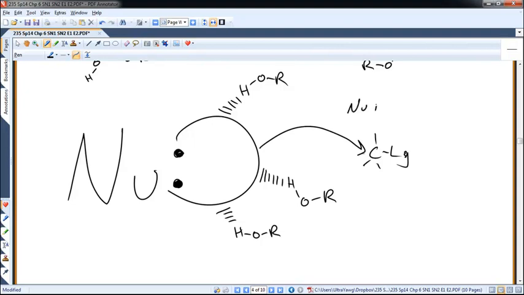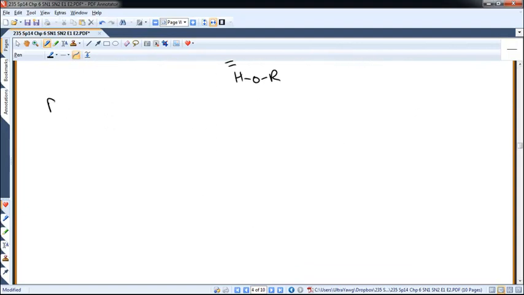So as size increases, nucleophilicity increases in polar protic, PP, polar protic solvents. Okay. With polar aprotic, it's the other way around. Polar aprotic. So if you had a nucleophile and you had a polar aprotic solvent, let's say acetone,